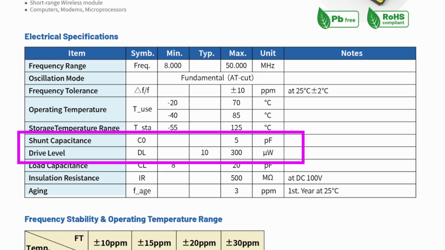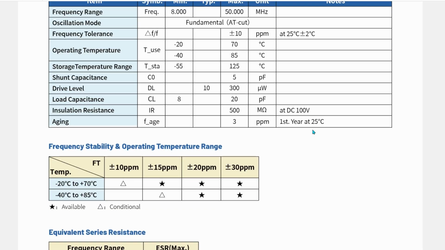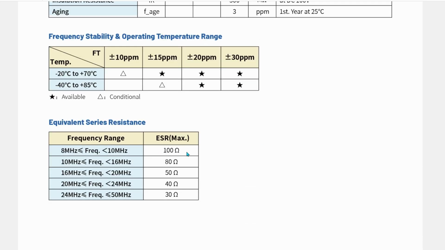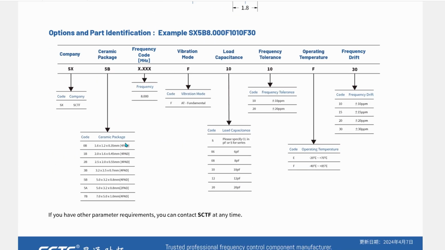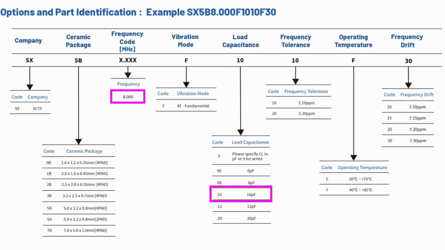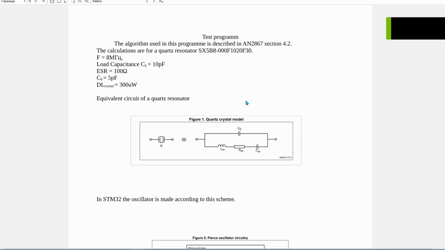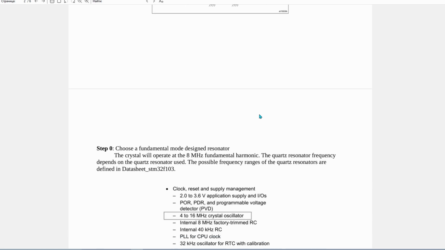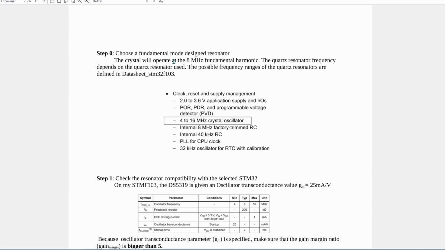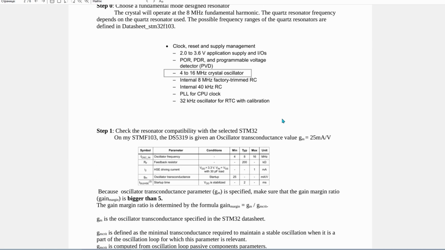Drive level, shunt capacitance. The rest of the characteristics are contained in the name of the selected quartz, such as frequency, load capacitance. I have put these characteristics in a separate file of the test program. Here you can also see the entire calculation algorithm used in this video. The entire calculation algorithm used in this video is also given in